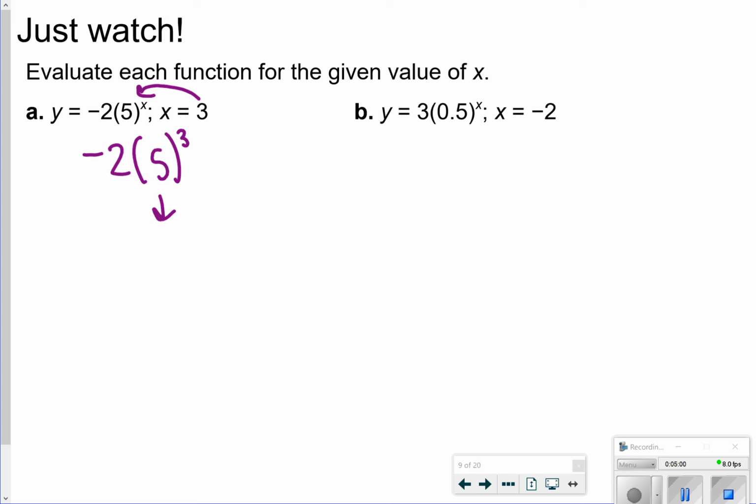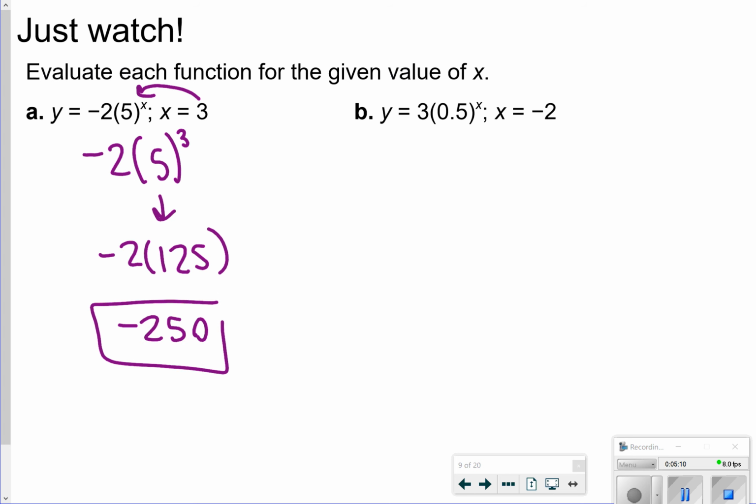In order of operations, it always says to start with your exponents. So I'm going to get 5 to the third, which means 125, and then multiply that by -2. I'm going to get -250. Same thing for letter B. Again, plug in